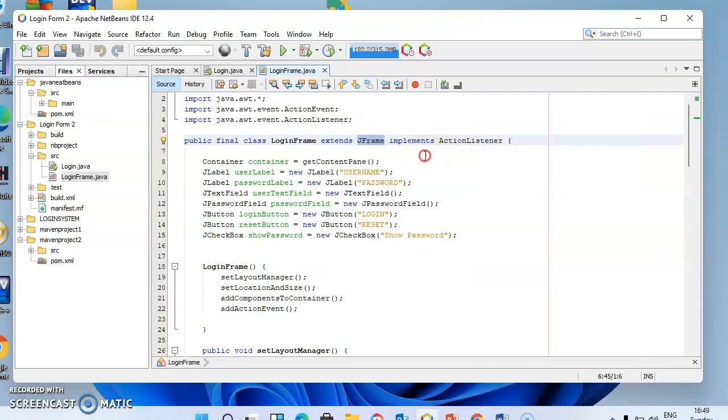ActionListener interface resides in the java.awt.event package. So first of all, we have to import this package into our class, which we have already done. ActionListener contains only one method, actionPerformed, which takes an ActionEvent. So if we are implementing the ActionListener interface in any class, then we have to override its method actionPerformed